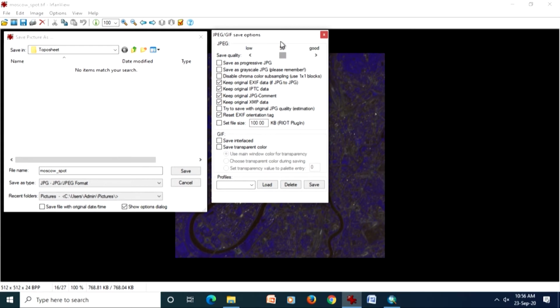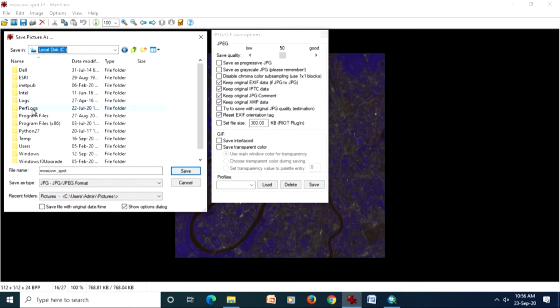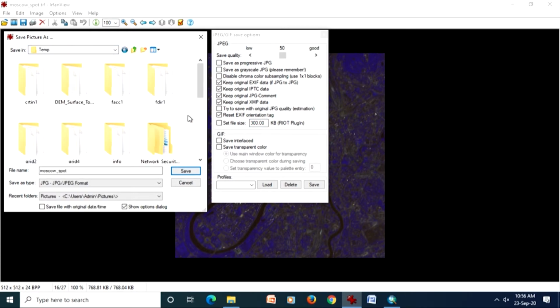So instead of bothering here, one can do the compression from here also. So you can fix the size accordingly, and automatically it will go for the quality change. So if I say change here and I say I want this file in 300 kilobyte, and when I save it, it will save for me. So before I do this part, I should save this one as a temporary file, so I am safe from every point of view.